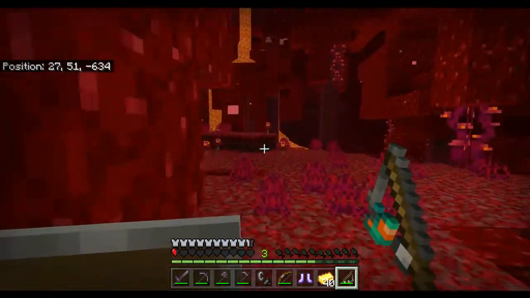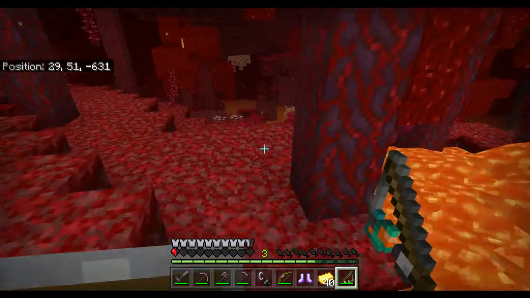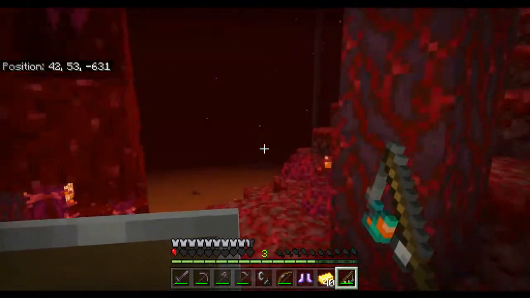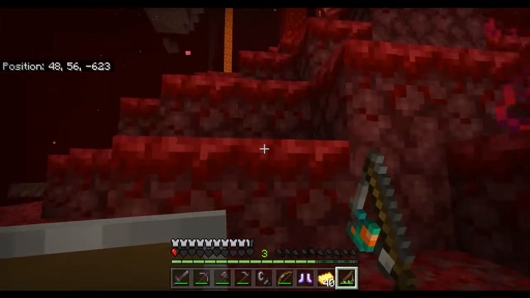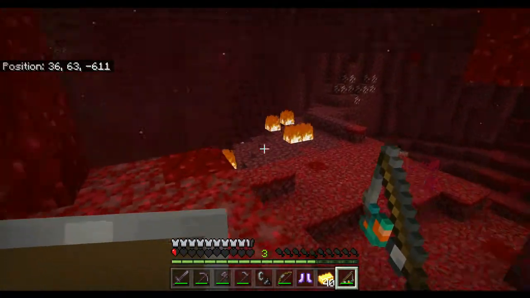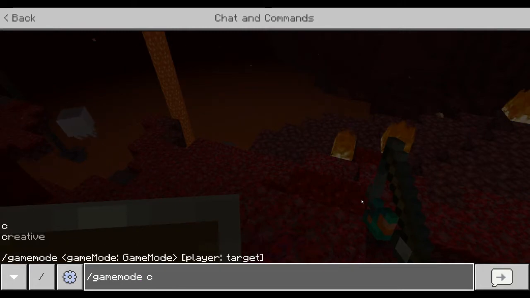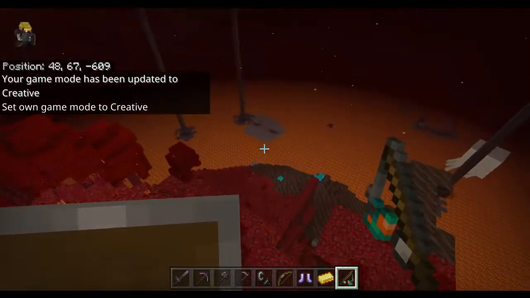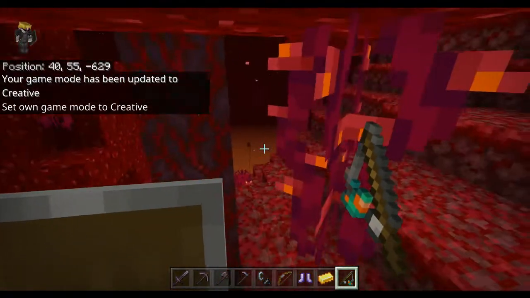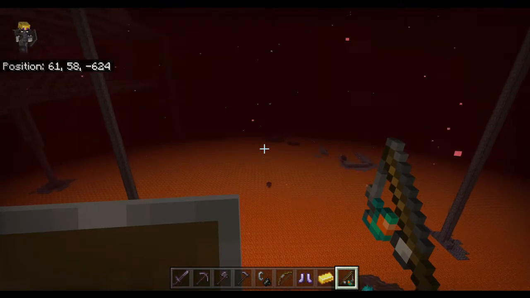We're just going to try and get our Strider over here. Seem to have lost track of it. Or I'll just go back into creative mode. If our Strider is truly going to go ill. There's our Strider right there. And he's just chilling in the lava. But not too far away